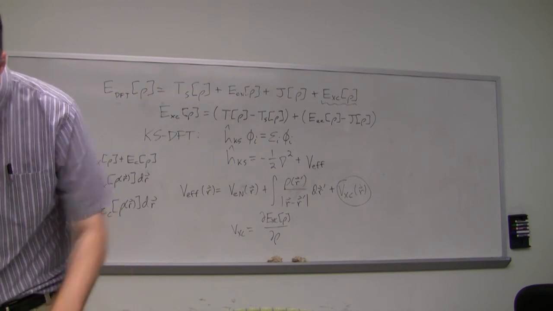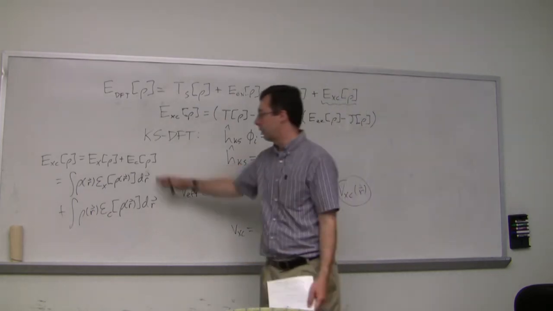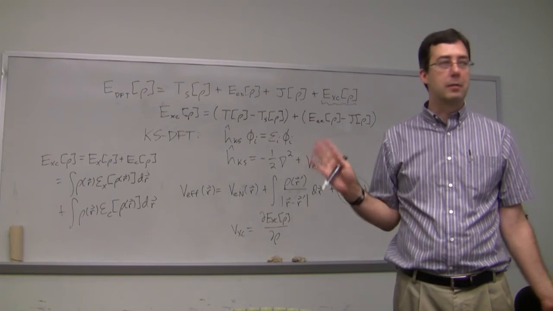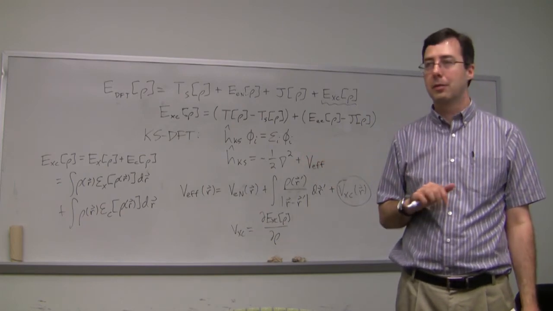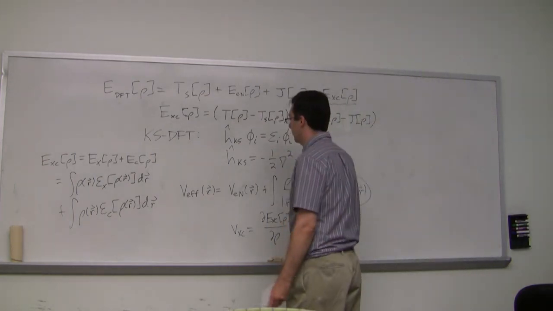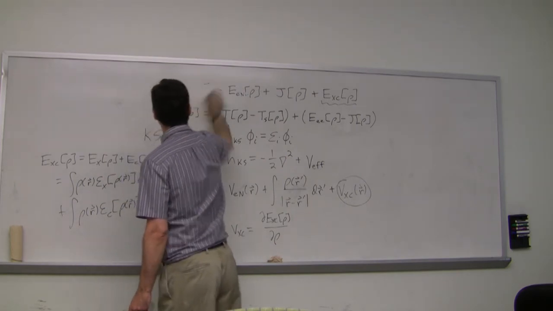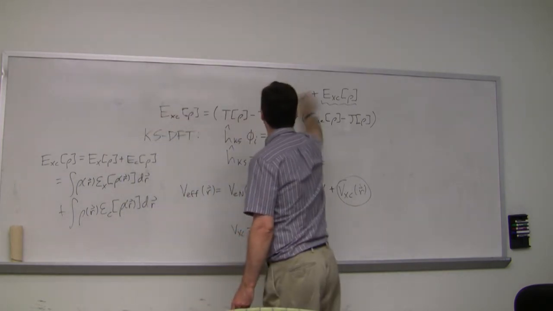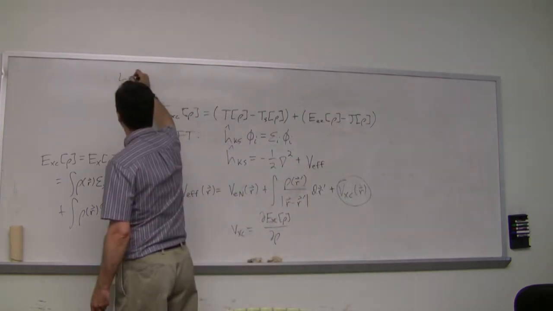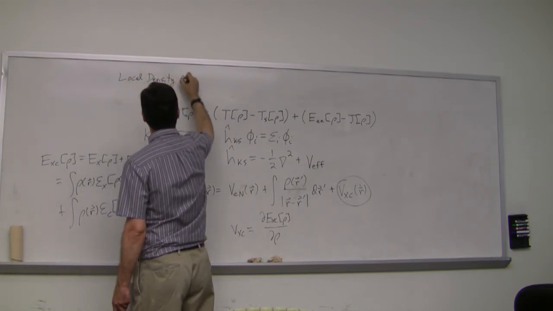Okay, so what are some of the approximations that we make for these exchange and correlation potentials or functionals? I'm not going to have time to go over them all, and for an intro lecture, it wouldn't be worthwhile to do that really anyway. But I want to say a couple words about some of the simpler kinds of them, and just give you a flavor for the different classes of approximations that there are. So let's talk about the easiest one first, which is the local density approximation,